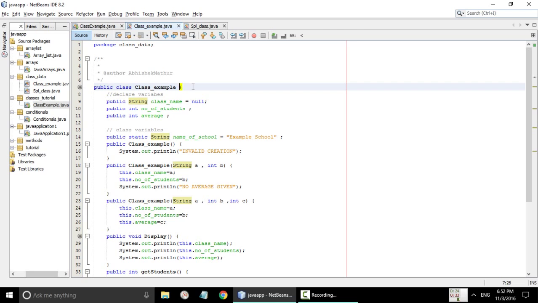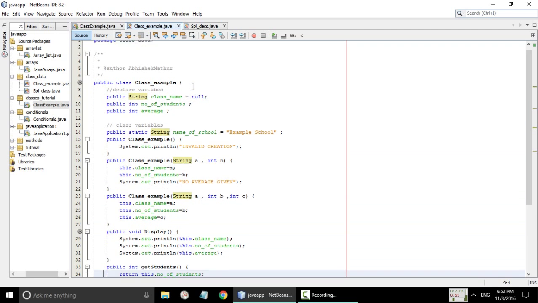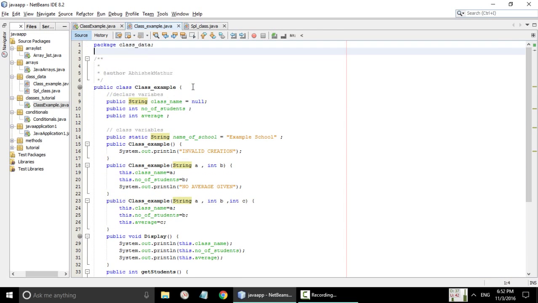Any class has to start with the keyword class and must be declared public, so that it can be used outside the Java file in which it is defined. And then we write public class, space, the class name, and in curly braces we declare the class. As we start declaring the class, first we have to declare all the variables along with their scope, such as public, protected, and other modifiers like static, and the data type, and also any initial value, if any, can be